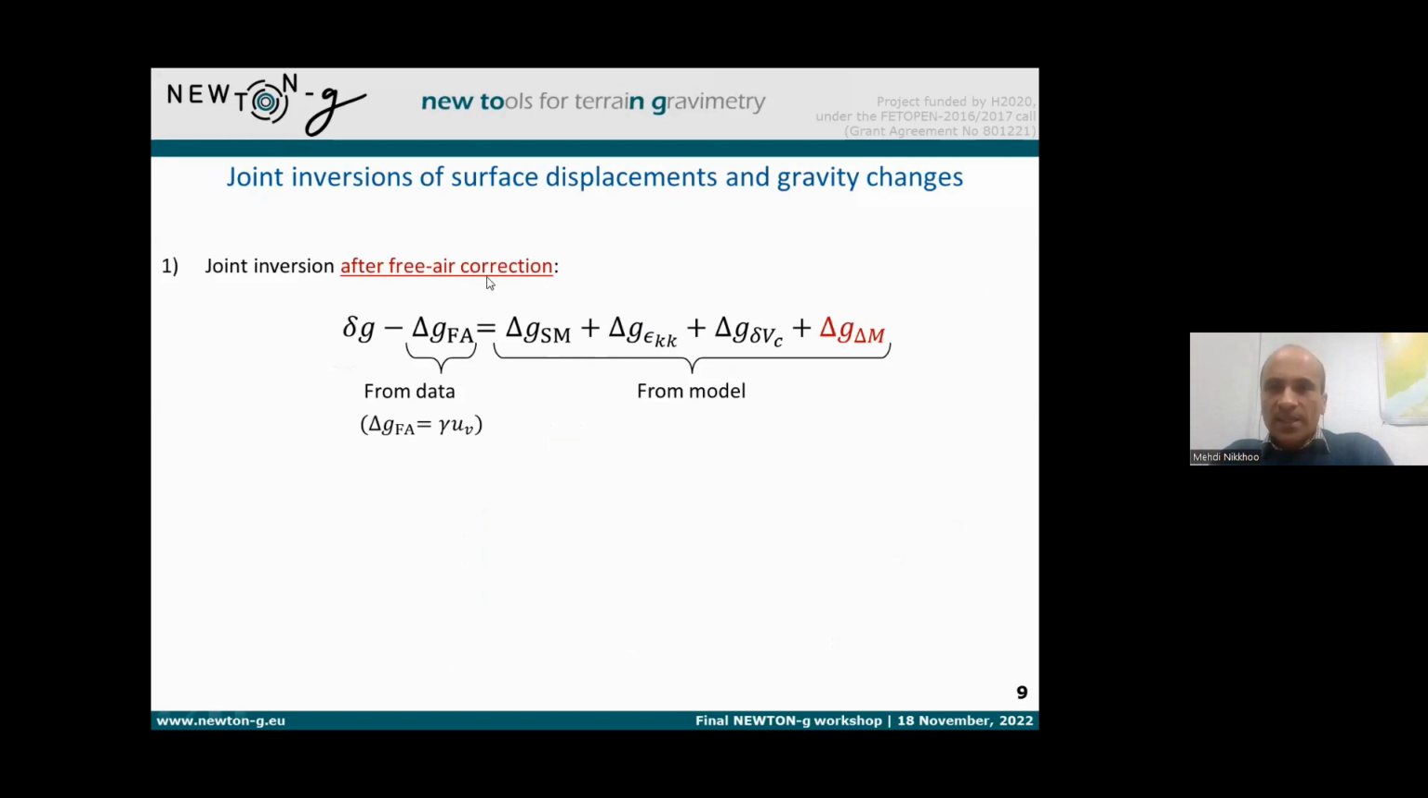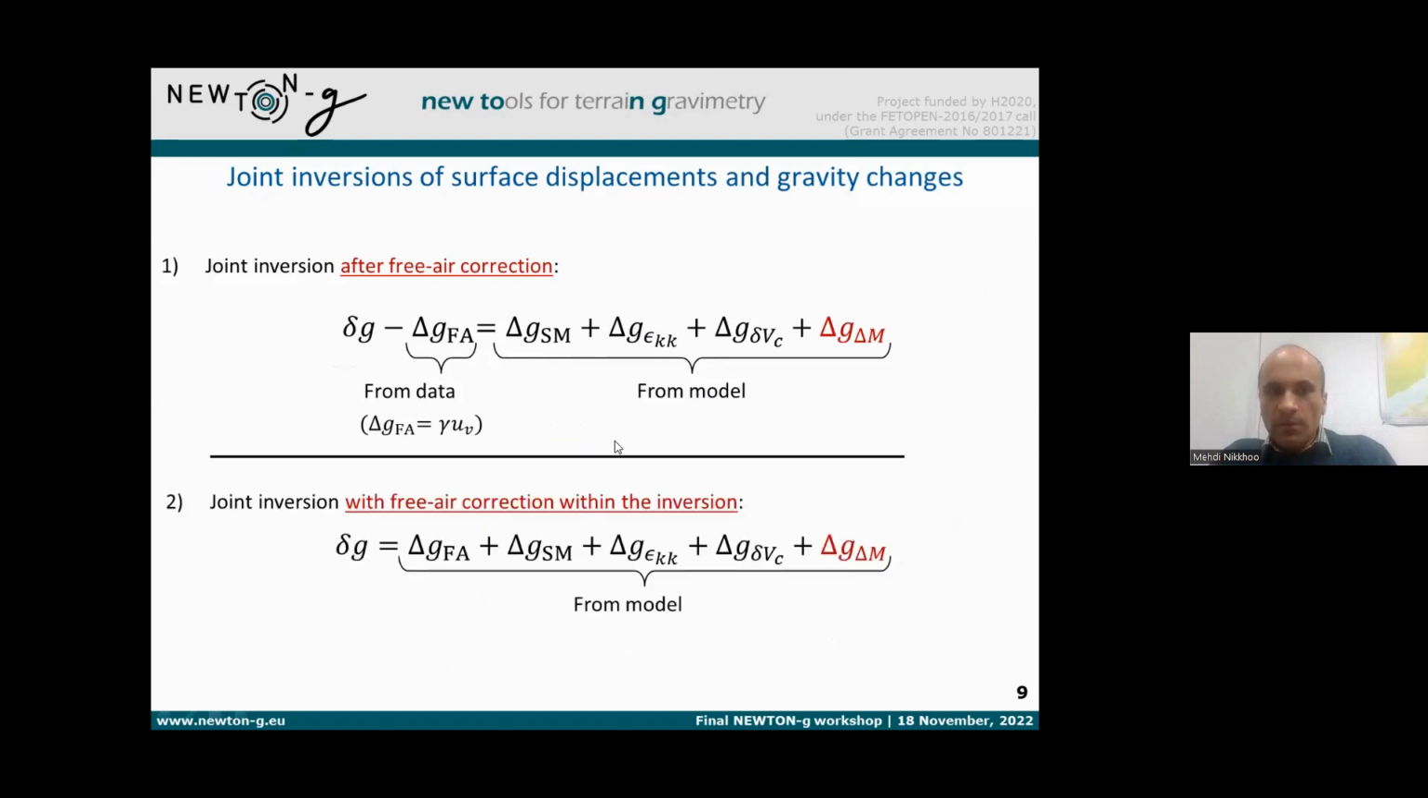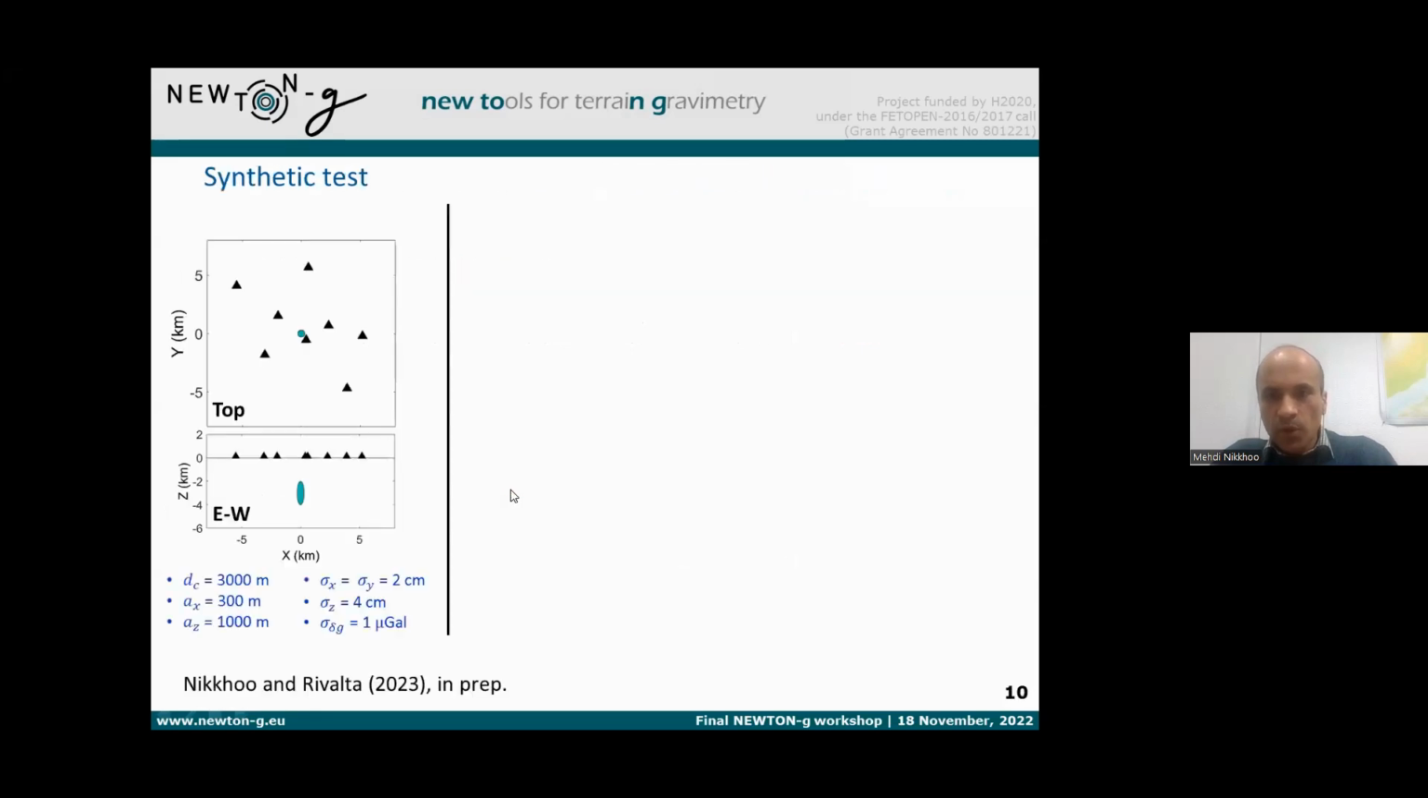Usually one practice that many researchers do is to correct the gravity data for the free air effect before the inversion, and then they carry out the inversion. We suggest that a better approach is to deal with the free air correction within the model, and applying the correction before the inversion is not a good practice. In order to show what we exactly mean by this point, we did a synthetic test, and here in